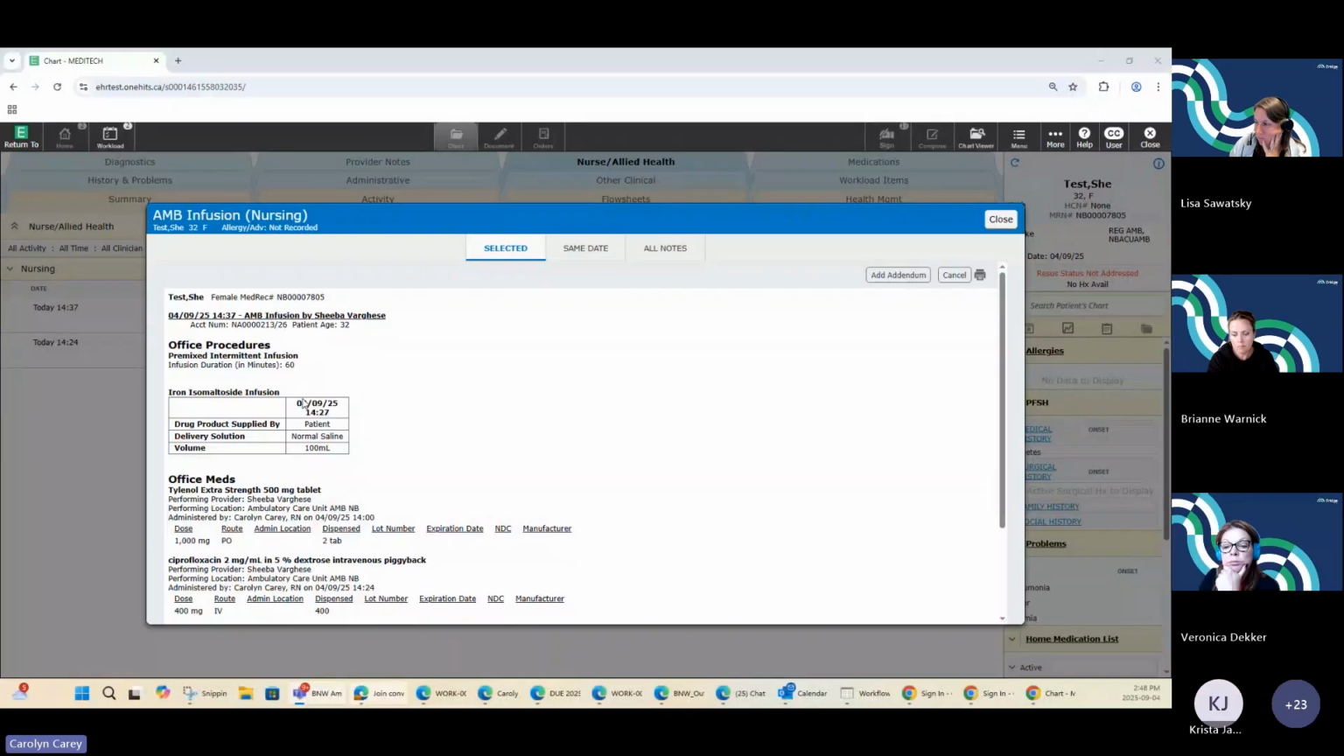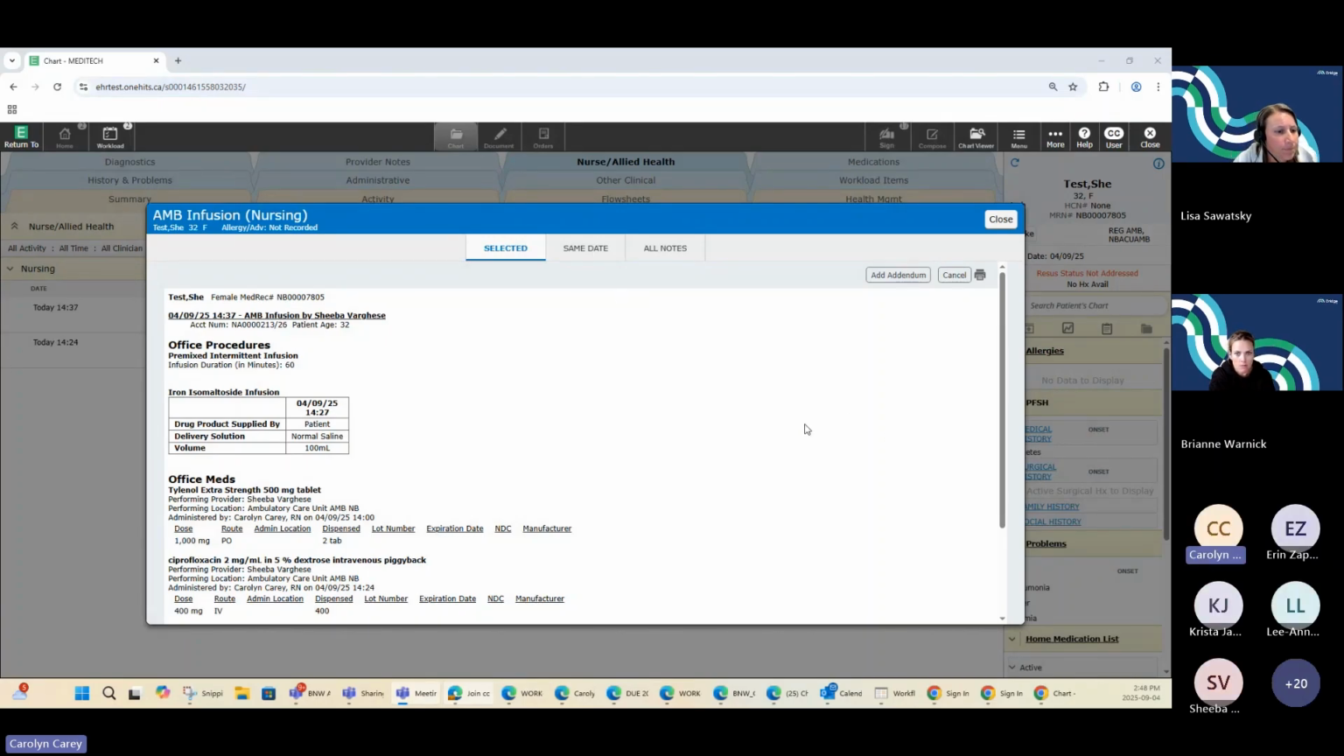As you can see, there's a big difference between medication administration in ambulatory and in PCS. Finally got my ambulatory piece working. So on the ambulatory side, when you file that document that I